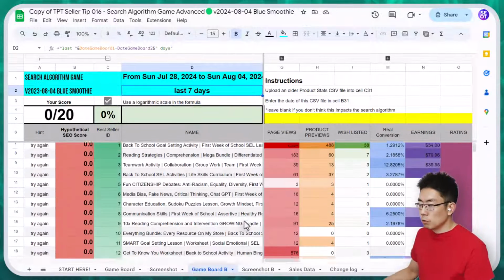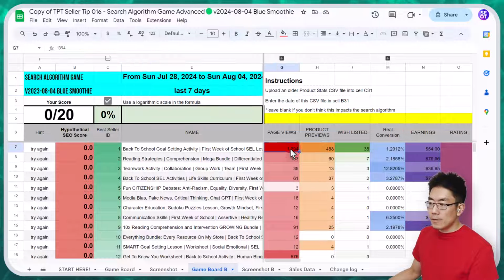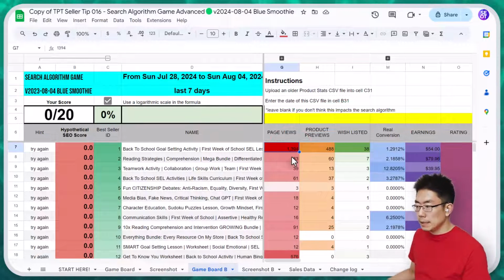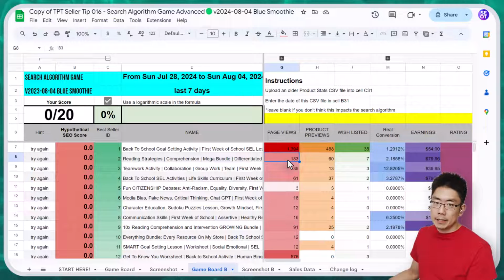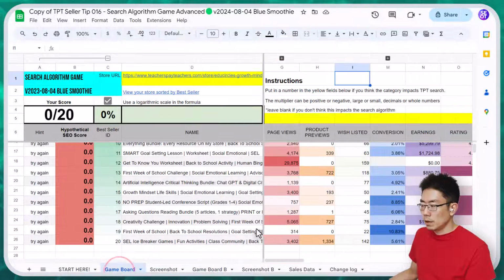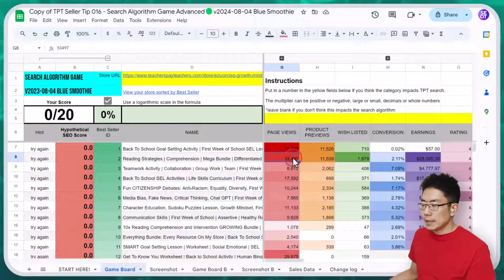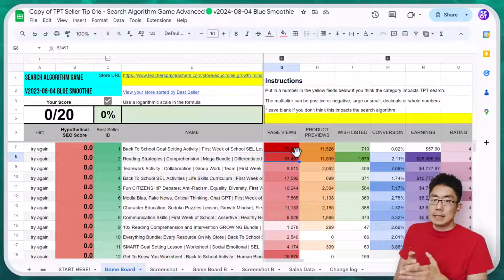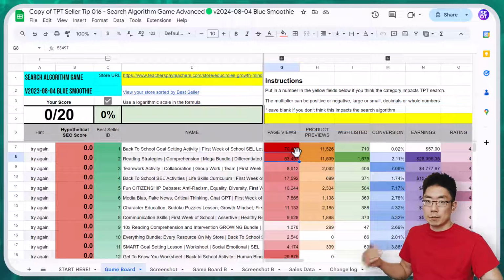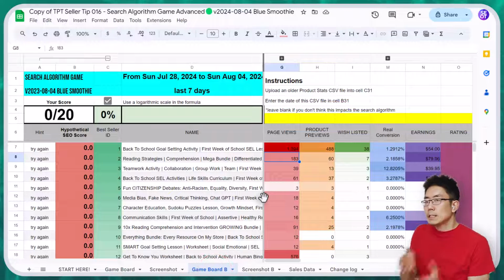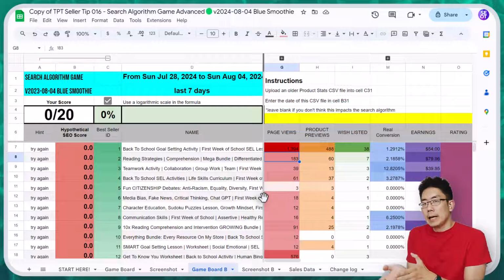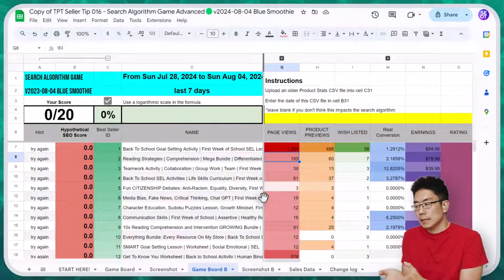And if I scroll up, my values have changed completely. For example, the reading strategy page has been seen 183 times in the last 7 days. If I go to the first game board and scroll up to the top, it says here that it's been seen 53,497 times. And that's because that's the lifetime stats of your products.csv file. So game board B lets me see what's actually happening with my best sellers in the last week.